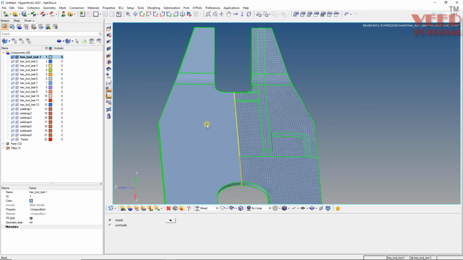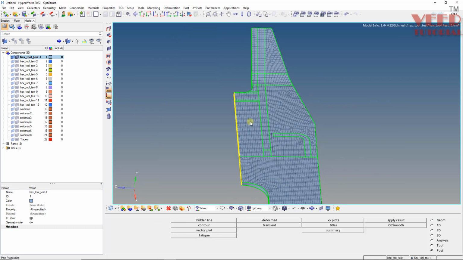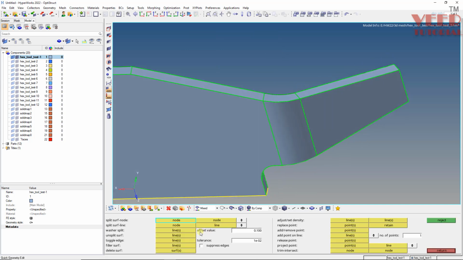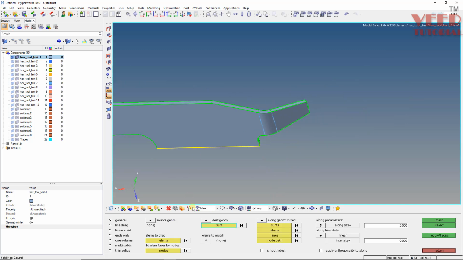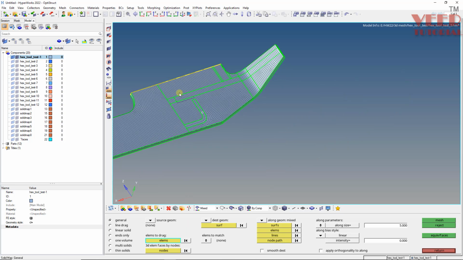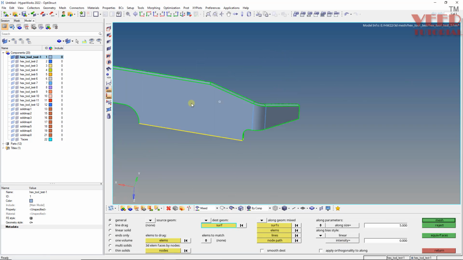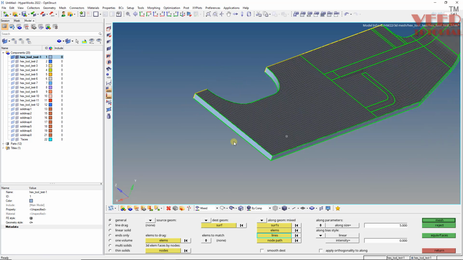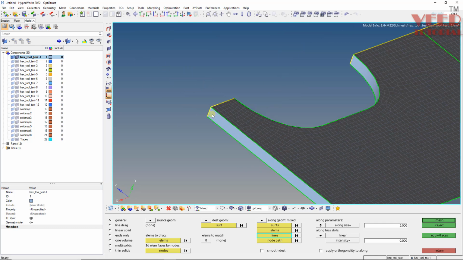We only have to drag it. So I will hide this and I will do it at once, so I don't need this line and this line. Then solid map, element by face. So by face, then destination geometry is this, and select the lines. So this line,